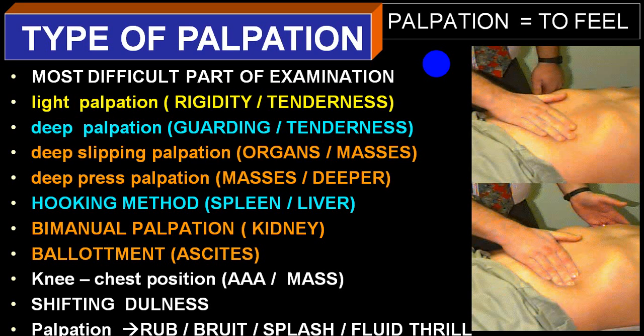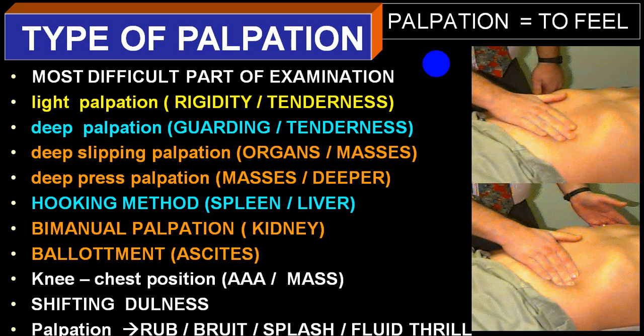Now in superficial palpation, if you don't come across any spasm of the abdominal wall, and when you come to palpate the tender area, there is no spasm of muscle. But when you do a deep palpation in a tender area, you look at the patient's face. The patient will have a little change in facial expression and will complain of pain while you are doing a deep palpation. At the same time, the abdominal muscle in that area undergoes spasm. We call that guarding.